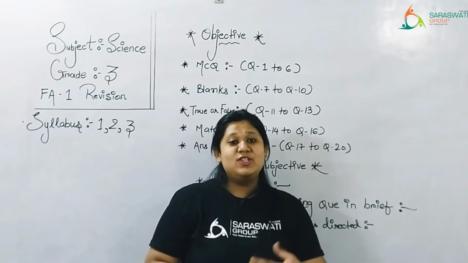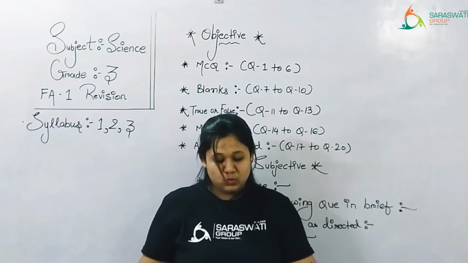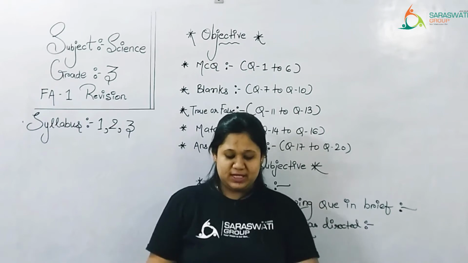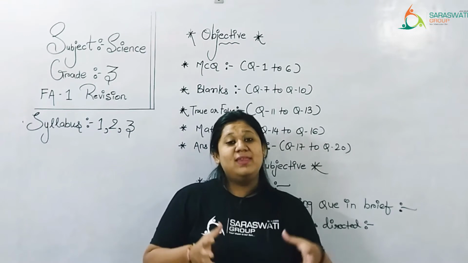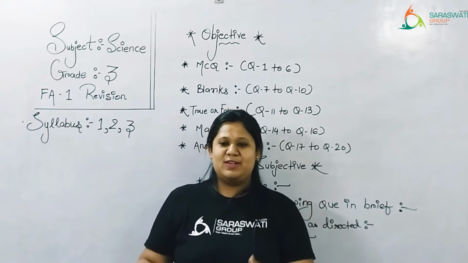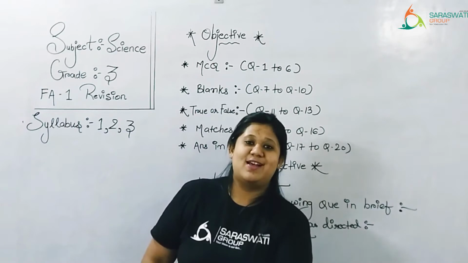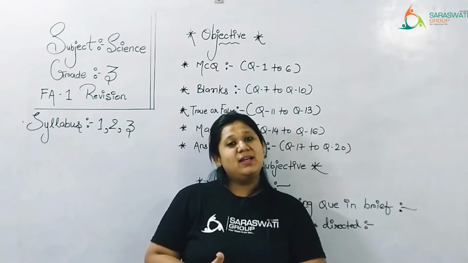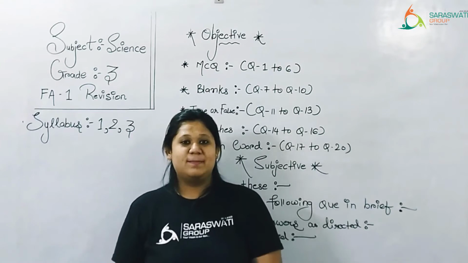So now, kids, nature has given us many things such as sun, moon, stars, plants, animals, rivers, mountains, right? These things are called natural things, right? And the things which are made by us, like mobile, board, pen, benches, anything which is made by us, that type of things are called artificial things, right? Can we say that I can explain to you the difference between living things and non-living things.